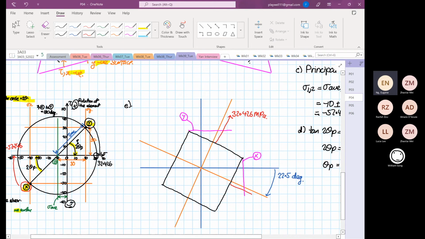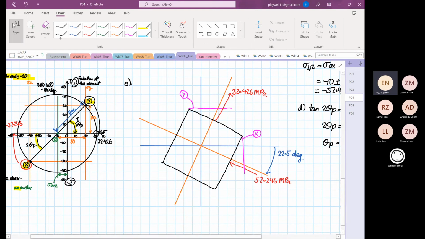This will be going into compression, and it's going to be 52.246 megapascal. Okay. There will be no shear, zero shear,